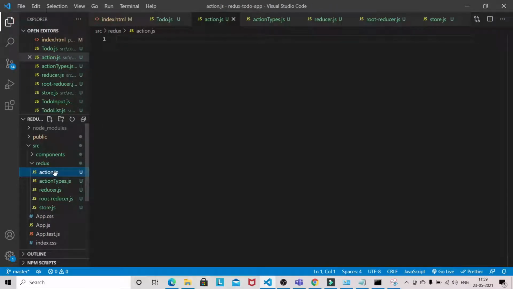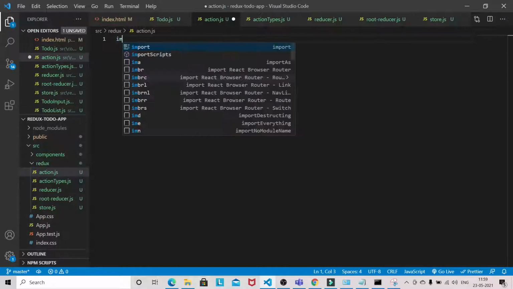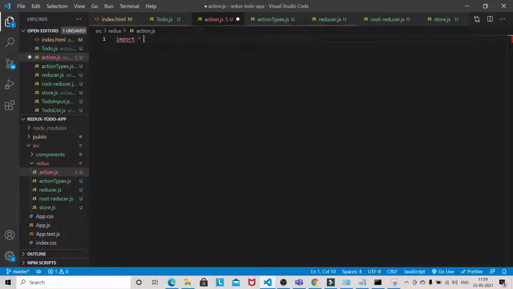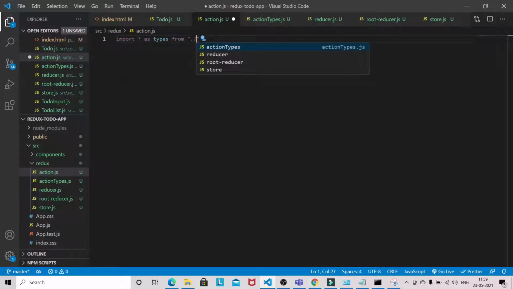Now come to actions. Import star as types from action types.